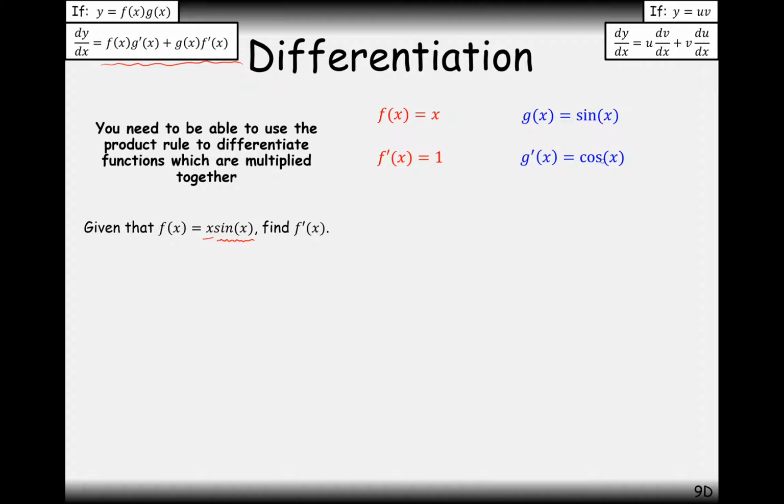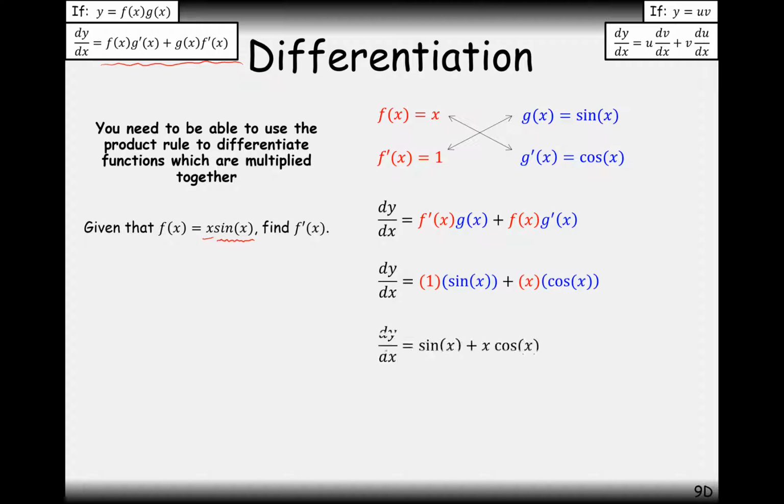And now that we've done this basic work here, we can now just apply the product rule. So substituting in the functions into the product rule where they're needed, and we're going to do it like this. So f dash of x first times g of x, so it's going to be 1 times sine of x first, so effectively multiplying these two bits together. And then it's going to be f of x times cos of x, the differential of g, so effectively timesing these two ones together and adding the results together. So it's going to be 1 times sine x, add x times cos x,